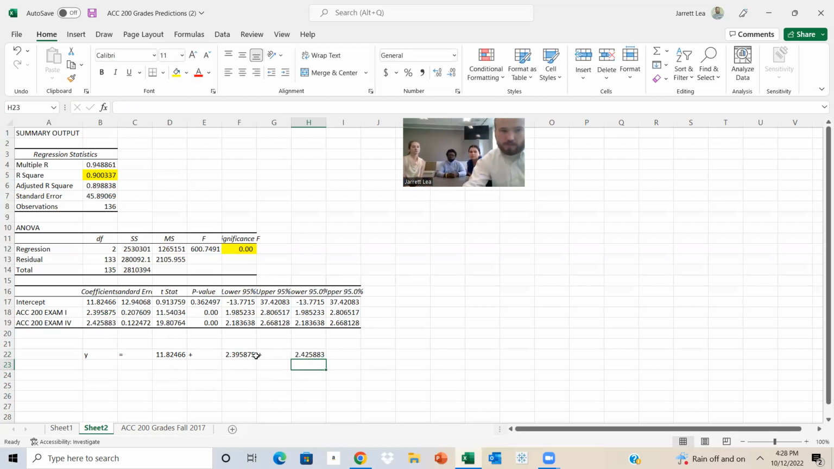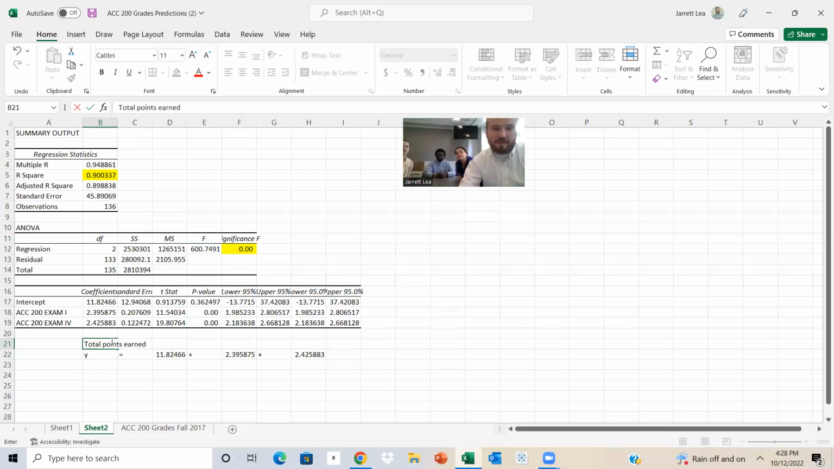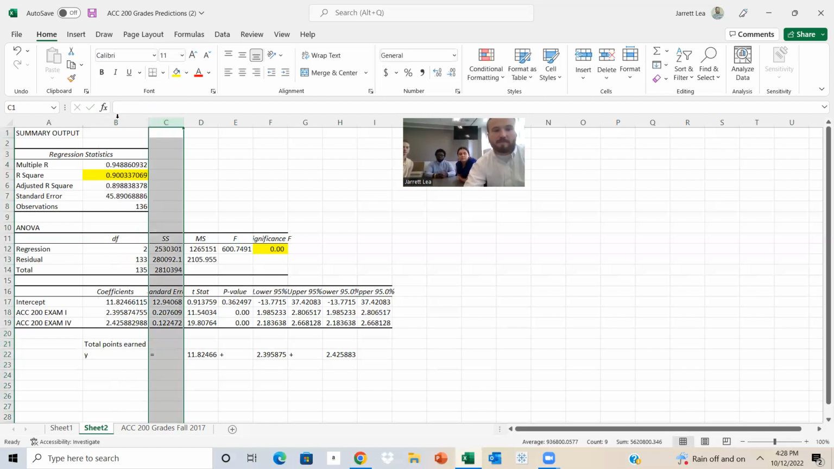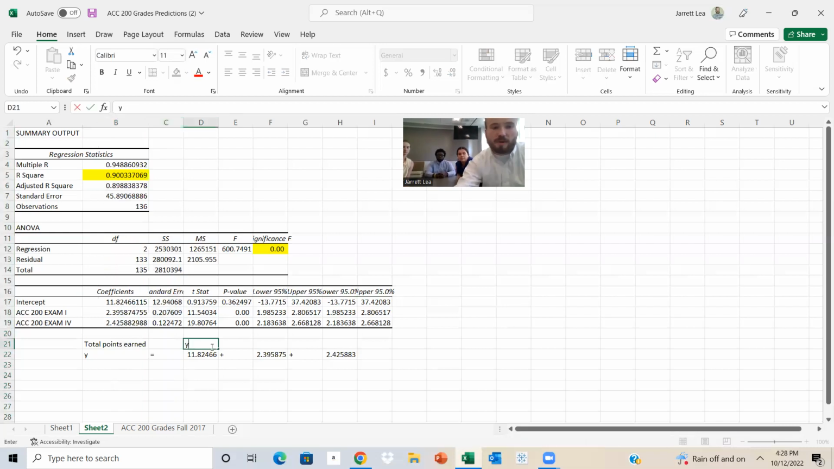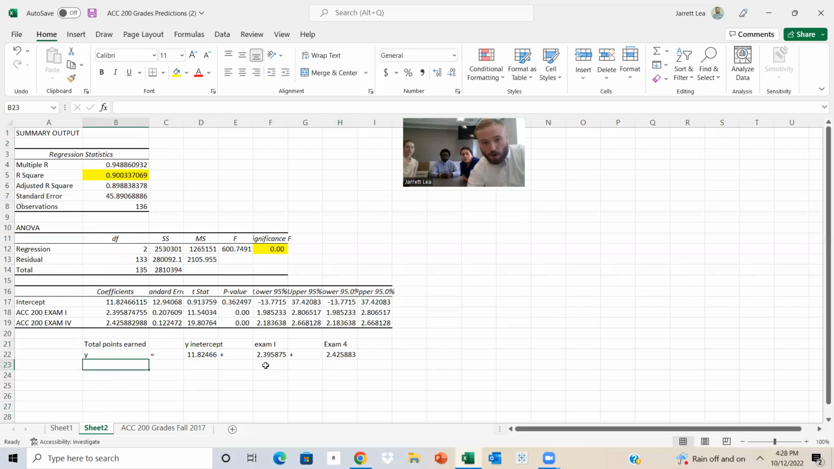So, and I'll label this real quick. Total points earned is equal to the y-intercept, plus the coefficients for exam 1 and exam 4. So now that we have our model, our equation, we can now just throw some grades out there to